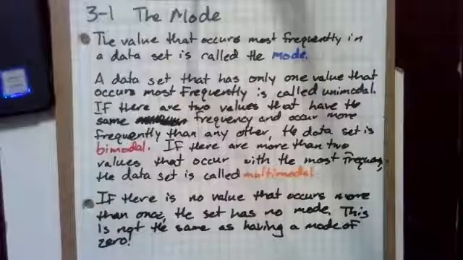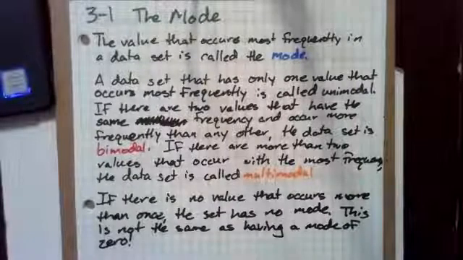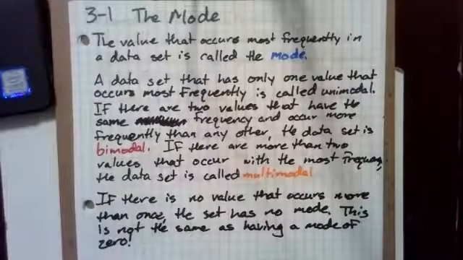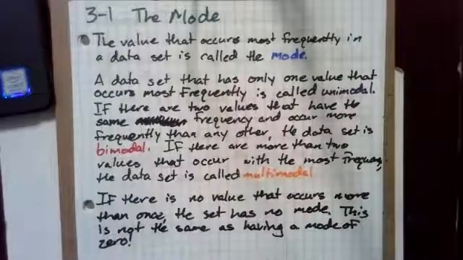In this video, we'll look at the mode. The value that occurs most frequently in a data set is called the mode. A data set that has only one value that occurs most frequently is called unimodal. If there are two values that have the same frequency and occur more frequently than any other, the data set